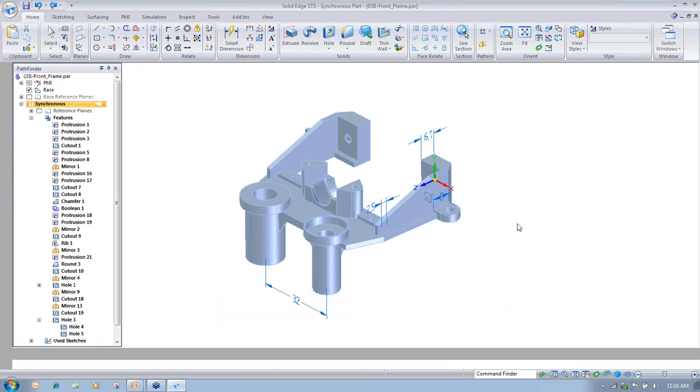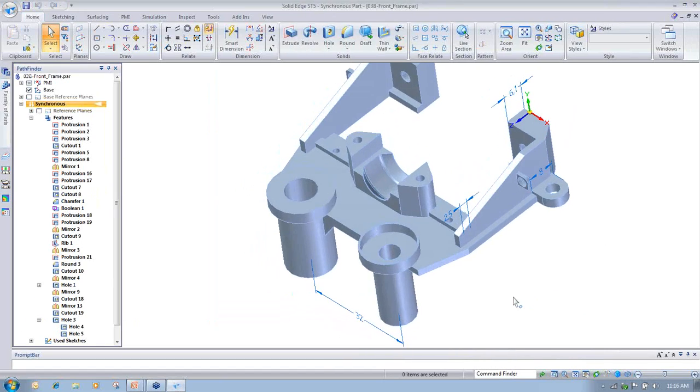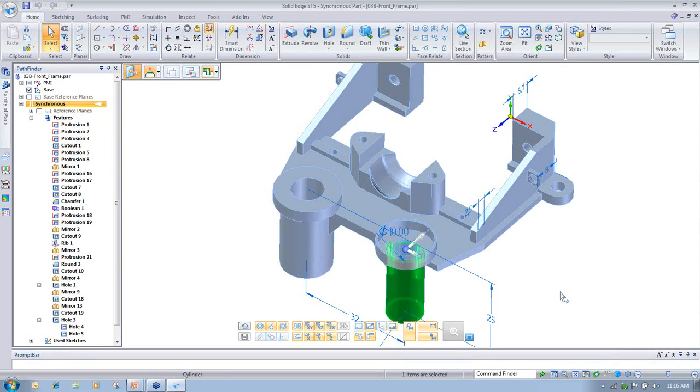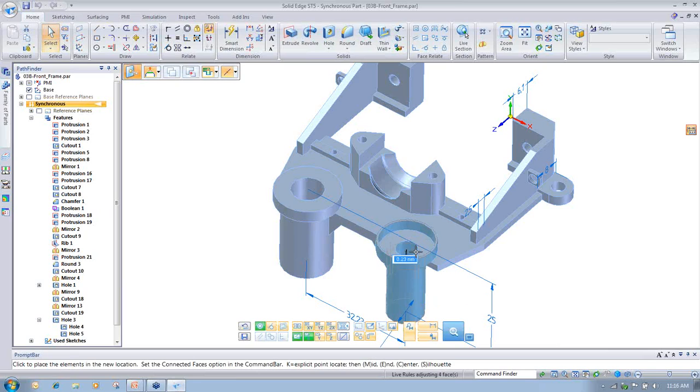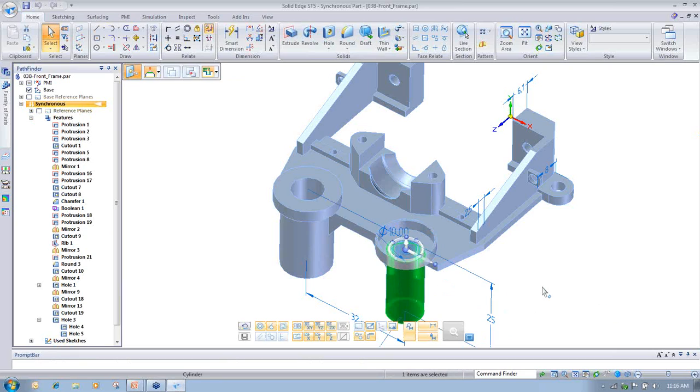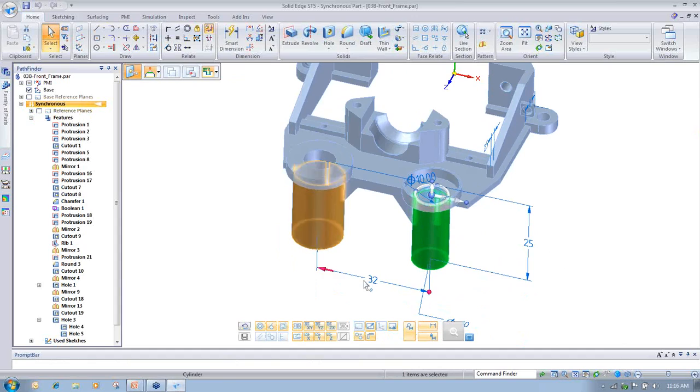Another thing I want to show you on the symmetric edit through the dimensions is that if we select a part, I want to go ahead and just really quick do a synchronous edit, and you can see that the live rules are not picking up any symmetry here. So now if I escape out of that and show you that now I got this 32mm dimension down here, I can select that, and through the symmetric button there,